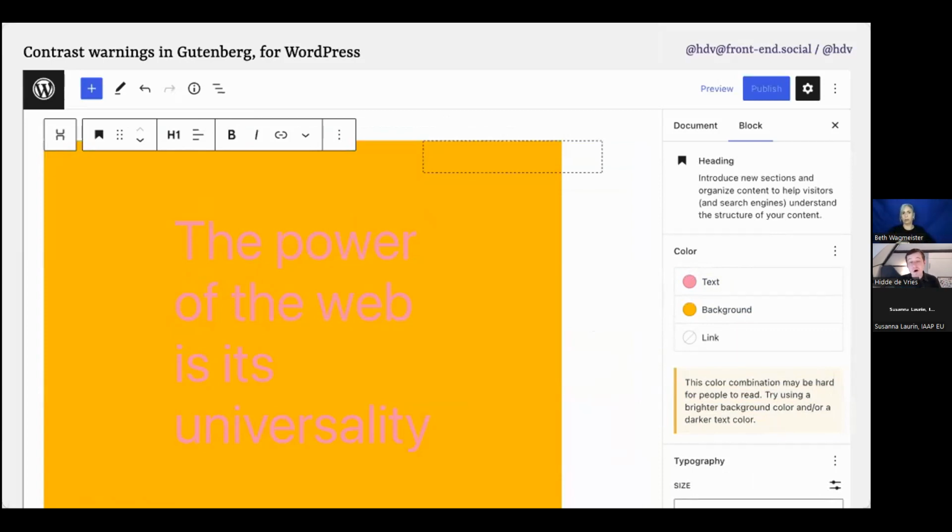Gutenberg is an example of a very new authoring tool, so it can have these kinds of things built in, which is really cool. It also came with a lot of accessibility problems when it was launched, and I believe there's still accessibility issues there. So many of them have been fixed, and then new ones were introduced, etc. It's a long-term thing, but these sorts of features that it has built in, I think, are really, really helpful because you get information right in place about what's wrong, basically.